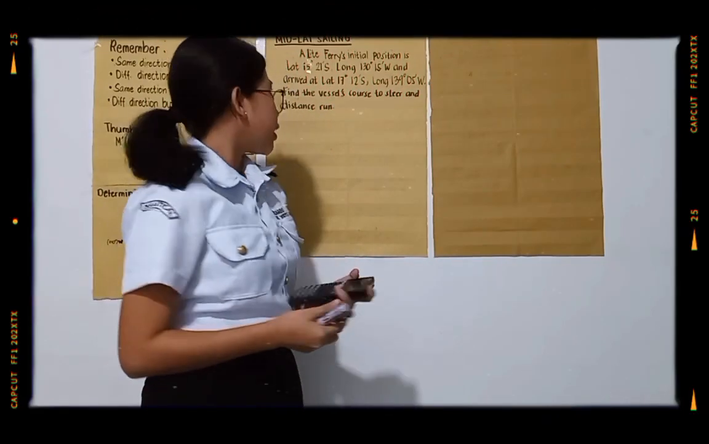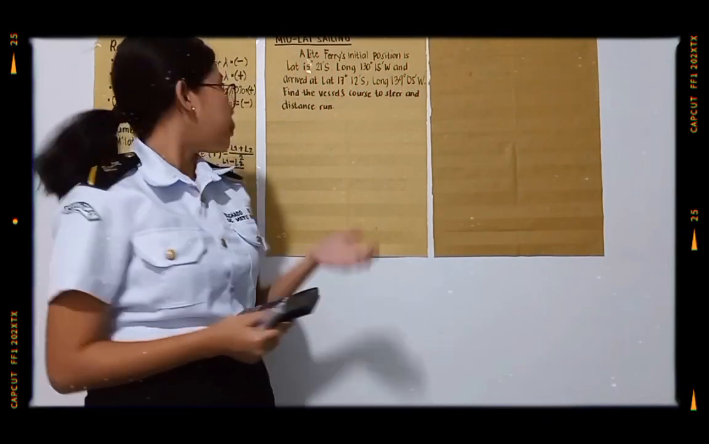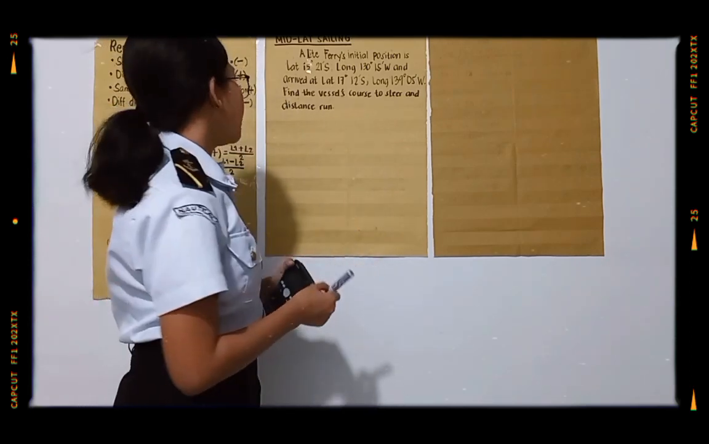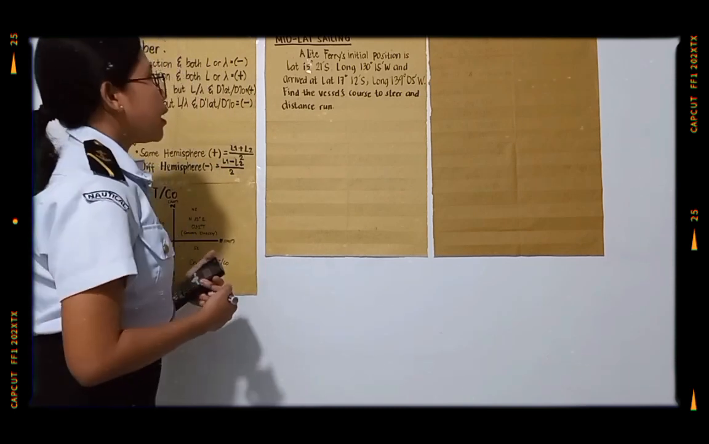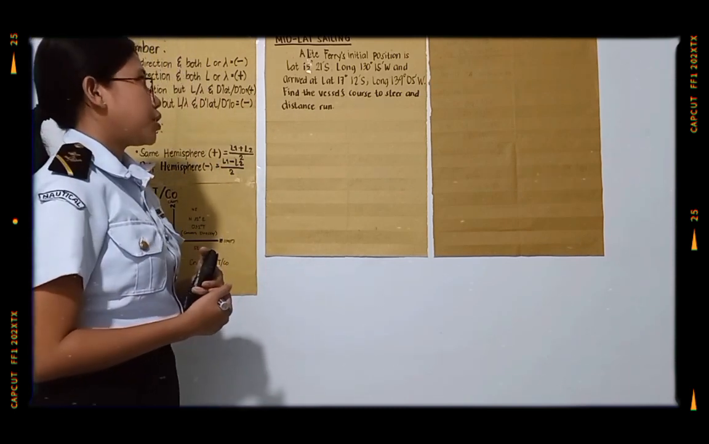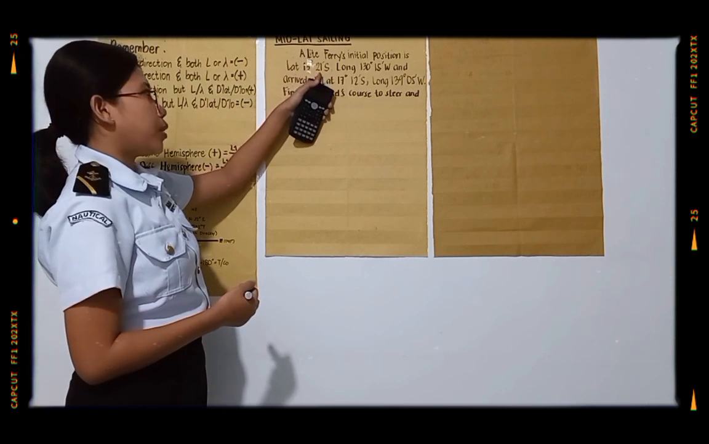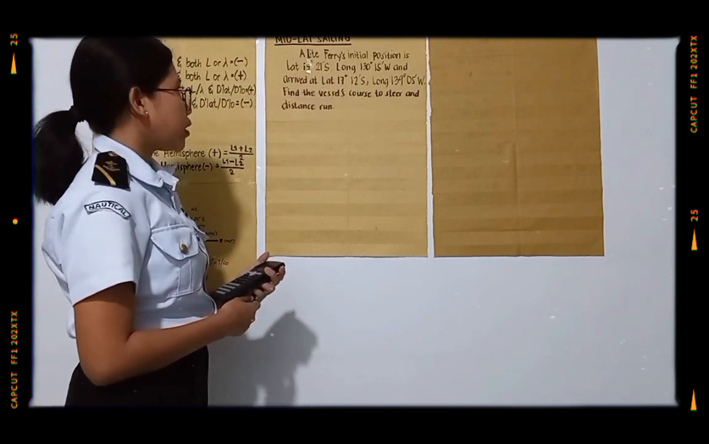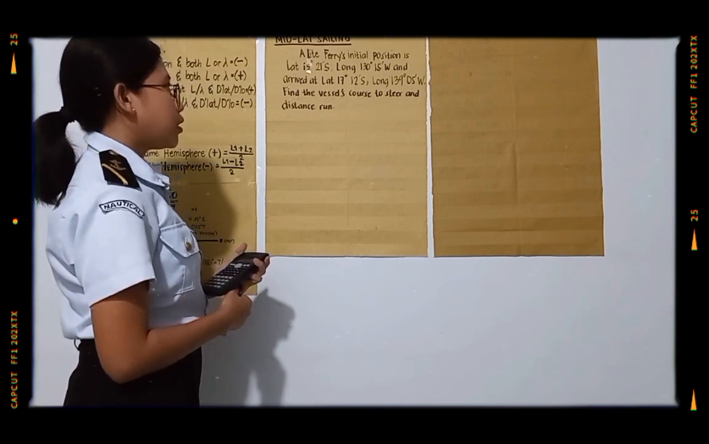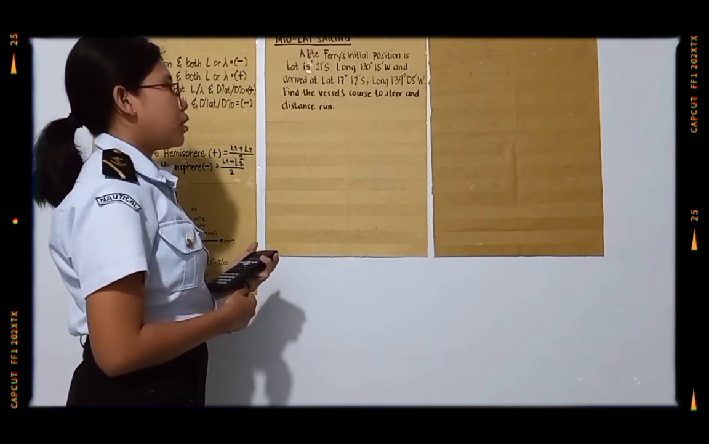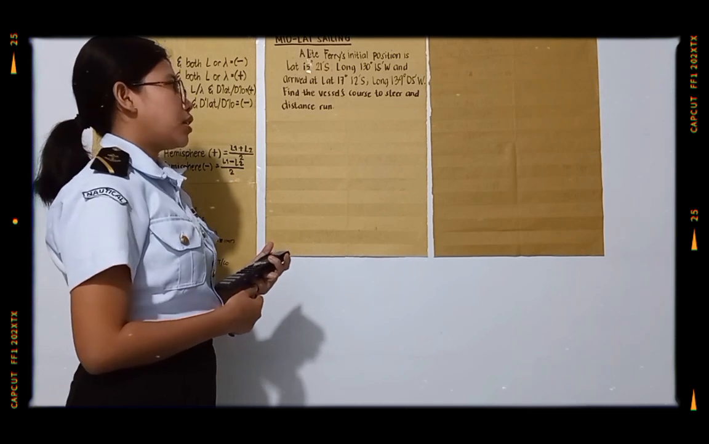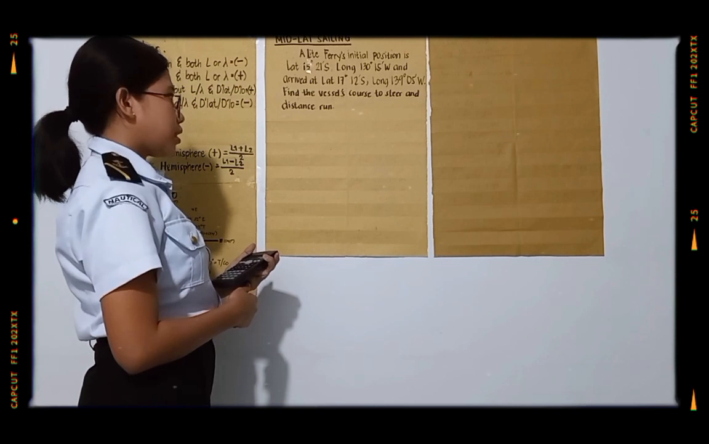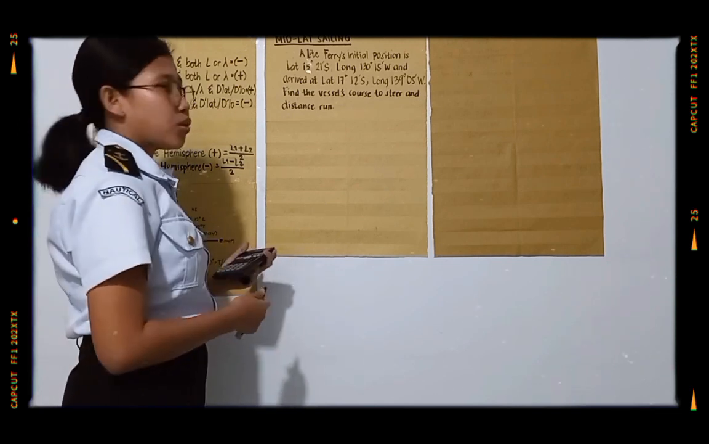So now we are here in the third method of sailing, the mid-lat sailing, also known as the middle latitude sailing scenario. A light ferry's initial position is lat 15 degrees 21 minutes south, long 130 degrees 15 minutes west, and it arrives at lat 17 degrees 12 minutes south, long 139 degrees 5 minutes west. Find the vessel's course to steer and distance to run. So the given are,